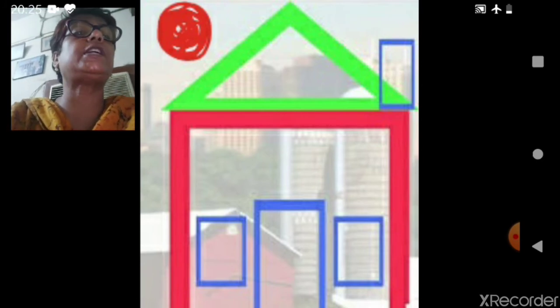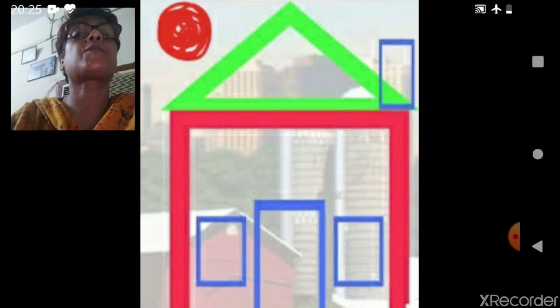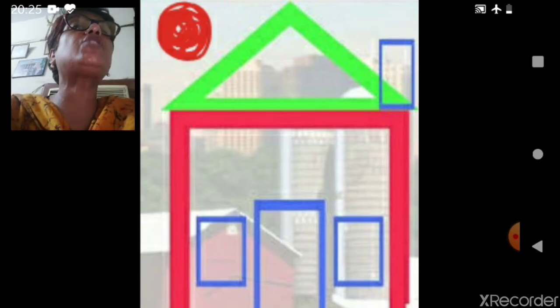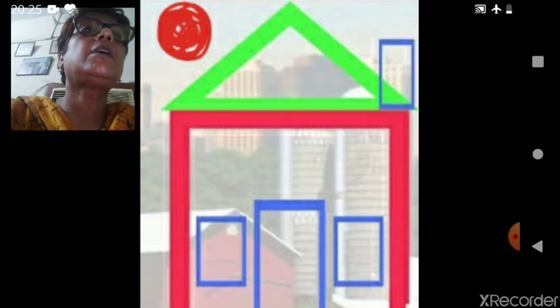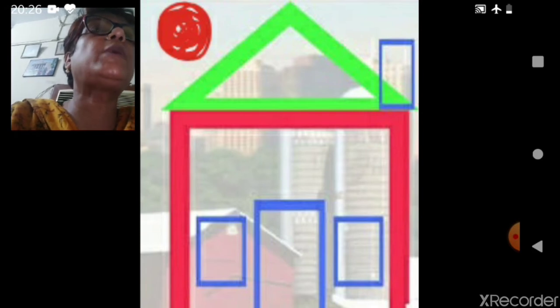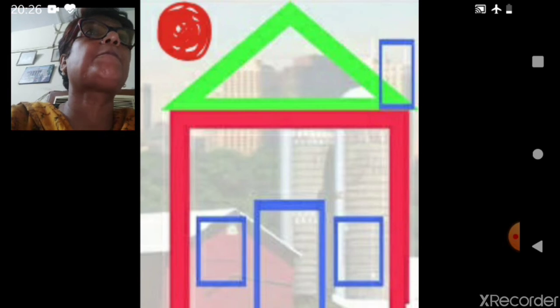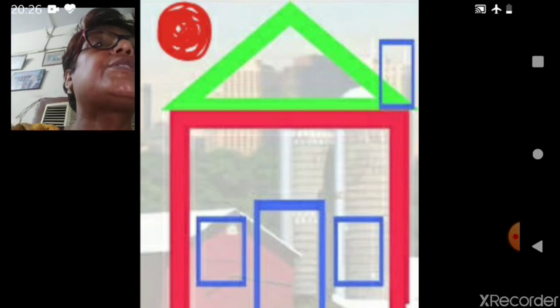Now look at this picture and tell me what do you see. आपको इस पिक्चर में क्या क्या दिख रहा है? We can see different shapes in this picture. As in your house, doors are there, windows are there, there are so many other things. The study table is there, bed is there, maybe wall clock, alarm clock, utensils in the kitchen.